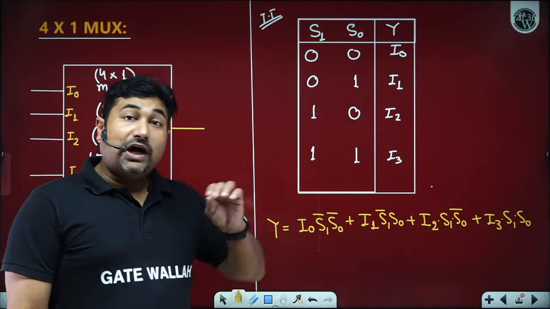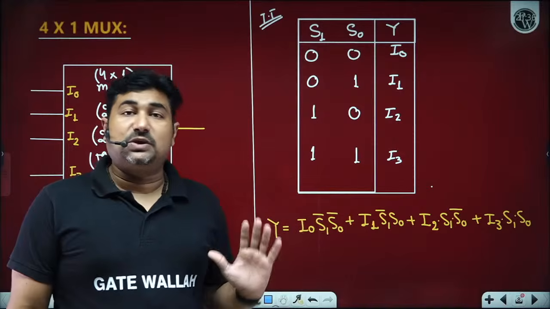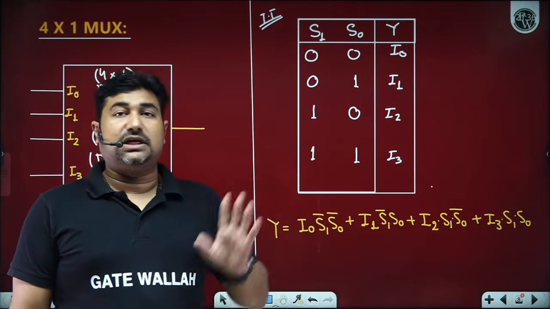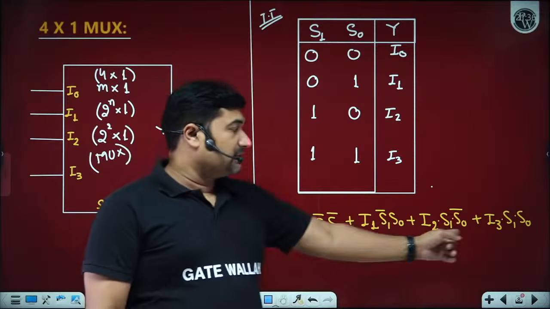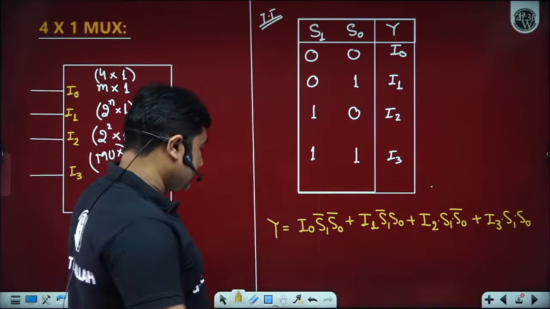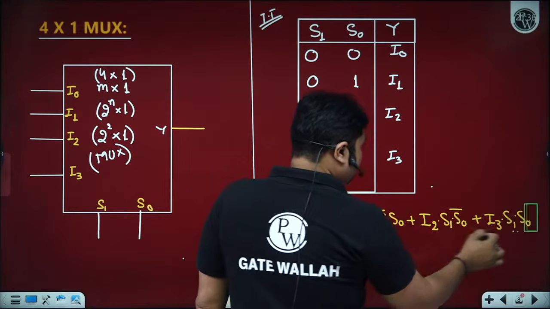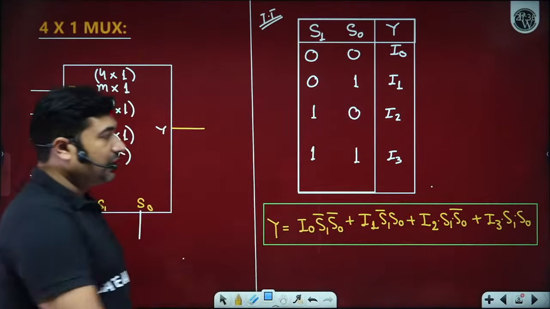In a multiplexer, one of the inputs is transferred to the output depending upon the select line. Only one of the inputs is going to transfer to the output. Why? Depending upon the select line. How many of you are able to understand, beta ji? So now we have the logical expression for the output Y as well.